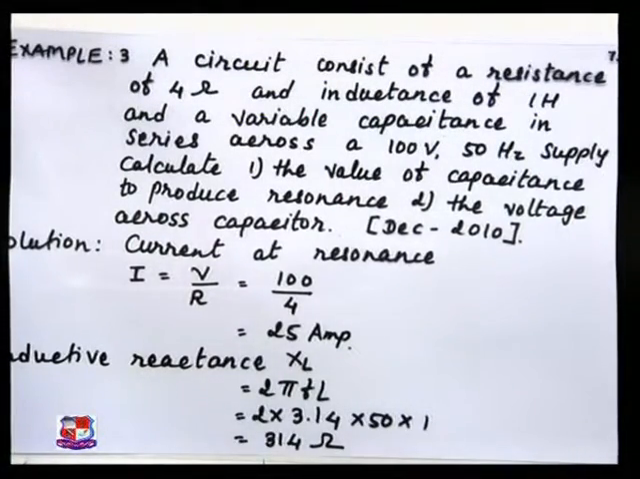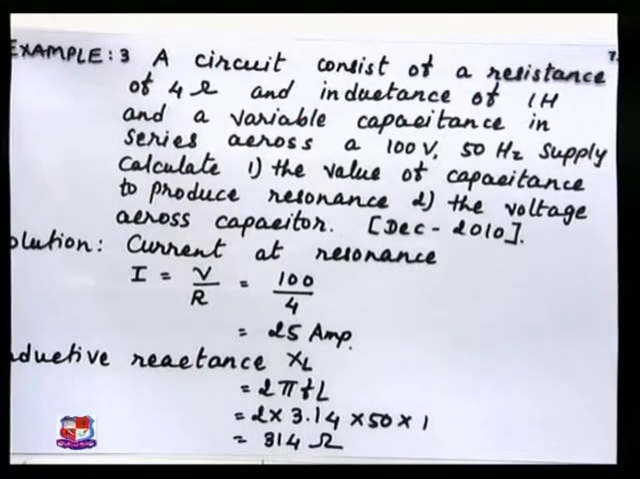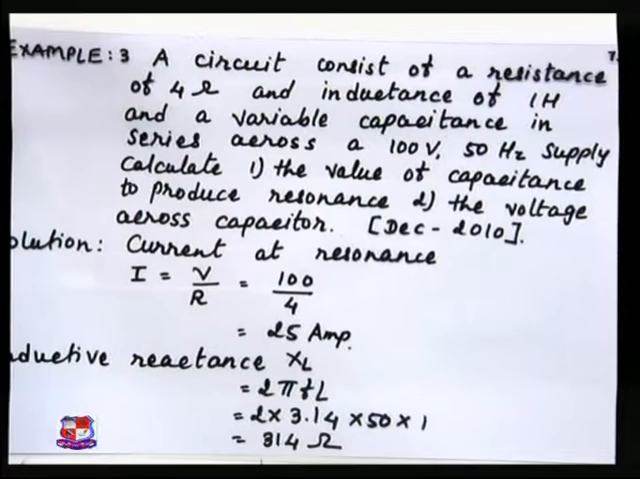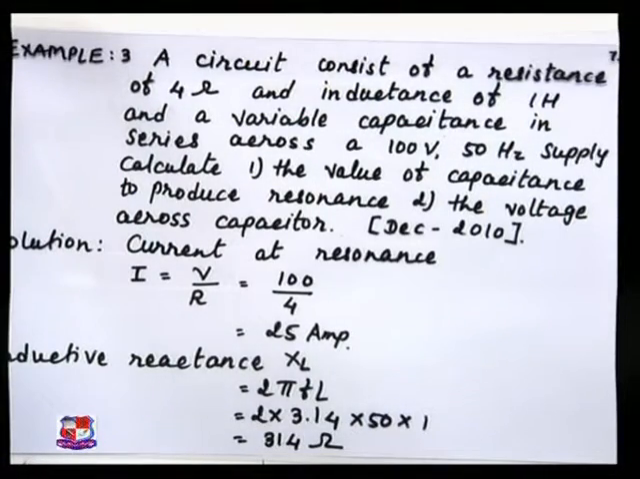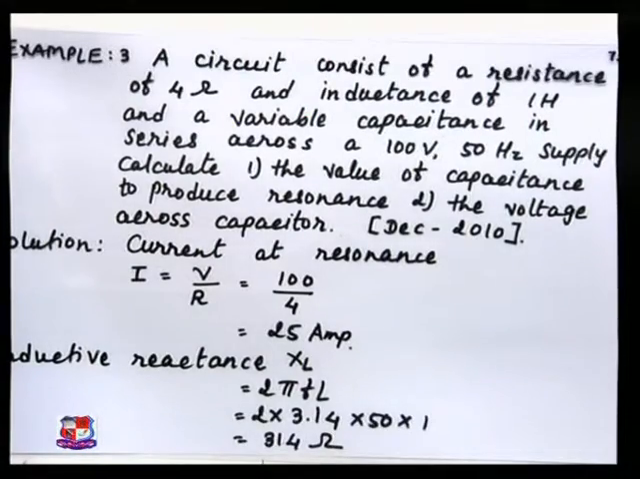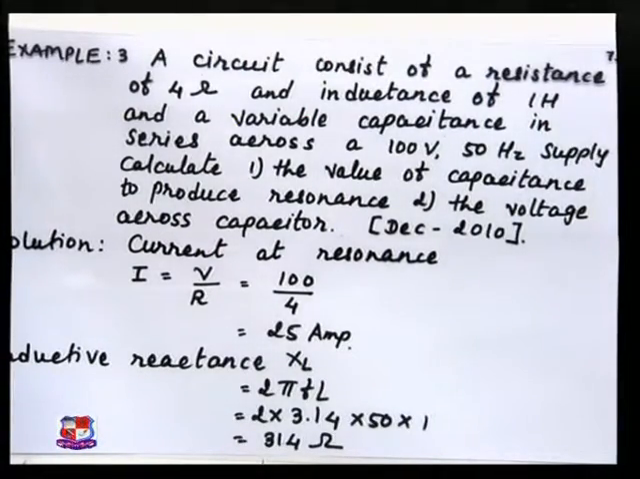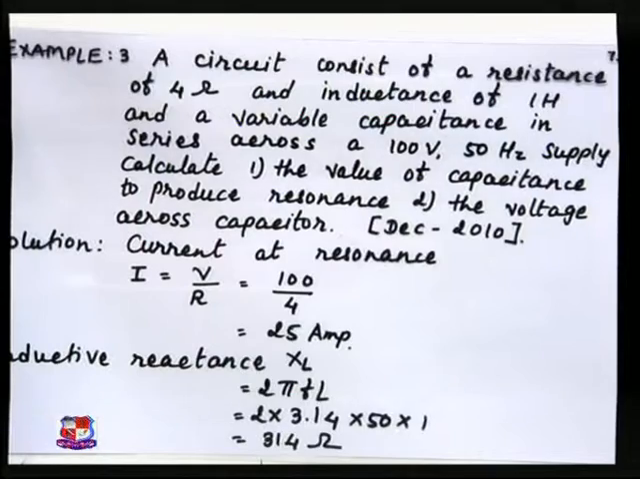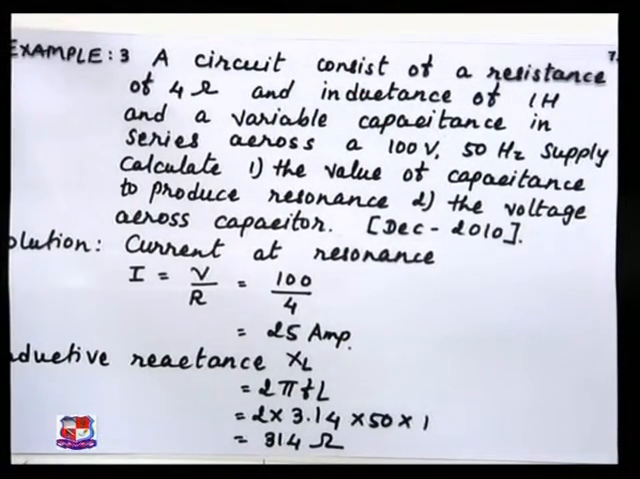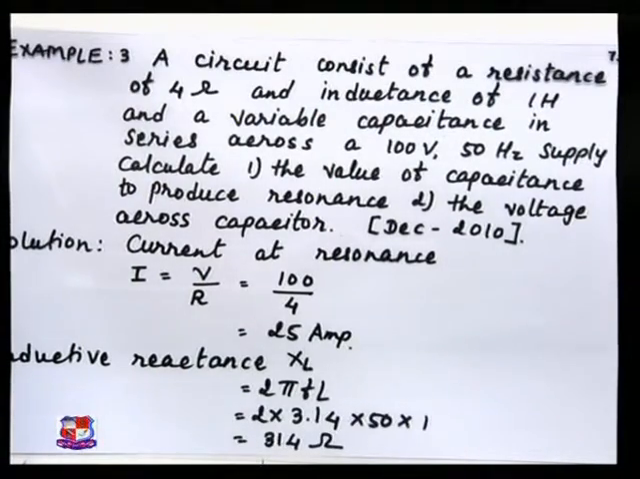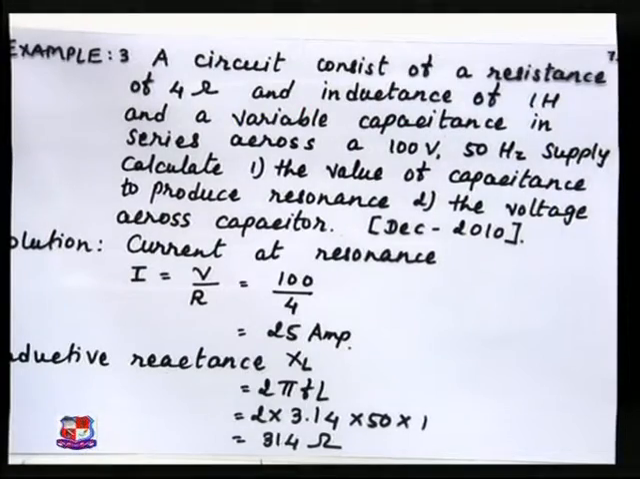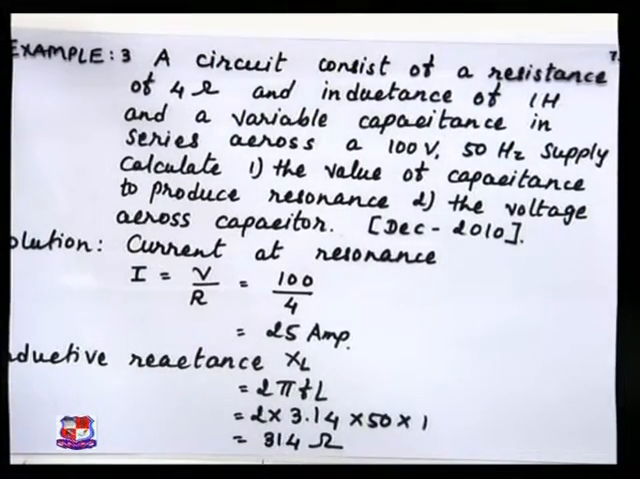So one circuit is given, it is a series circuit, resistance and inductor. The values of resistor and inductor are given, and one variable capacitor is connected to this particular circuit, and you have to find the value of capacitor which produces resonance in the given circuit. As we know, in a series resonance circuit, when XL is equal to XC, it is the condition at which resonance will occur. So you have to find the value of capacitor in such a way that it is exactly equal to the